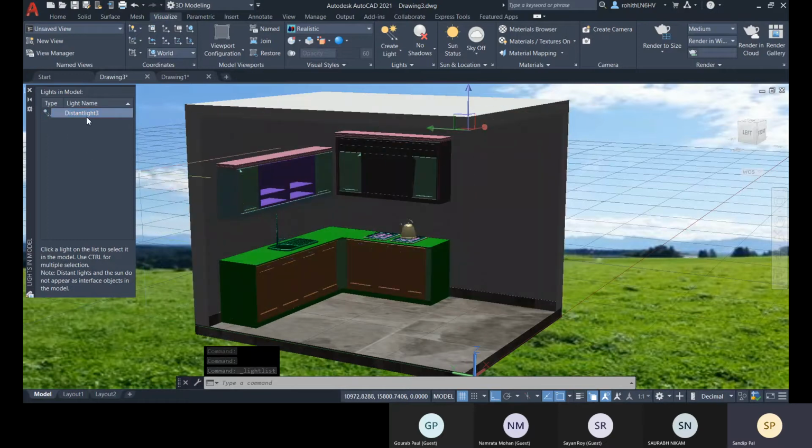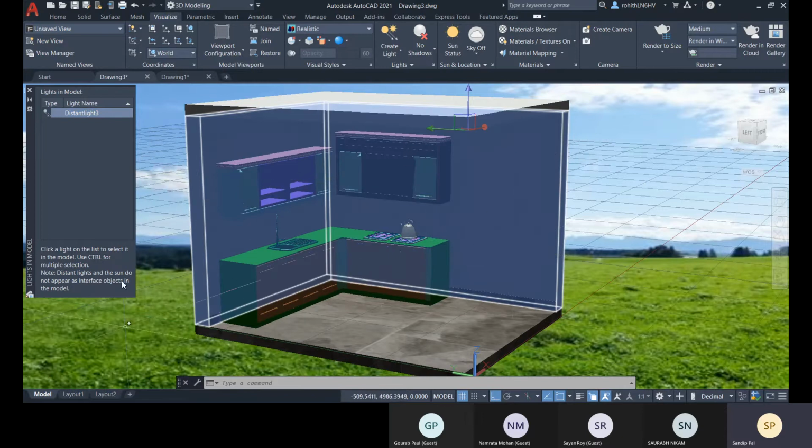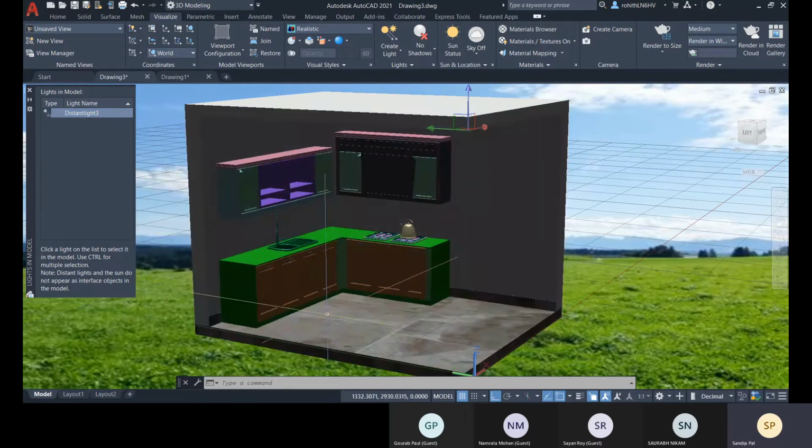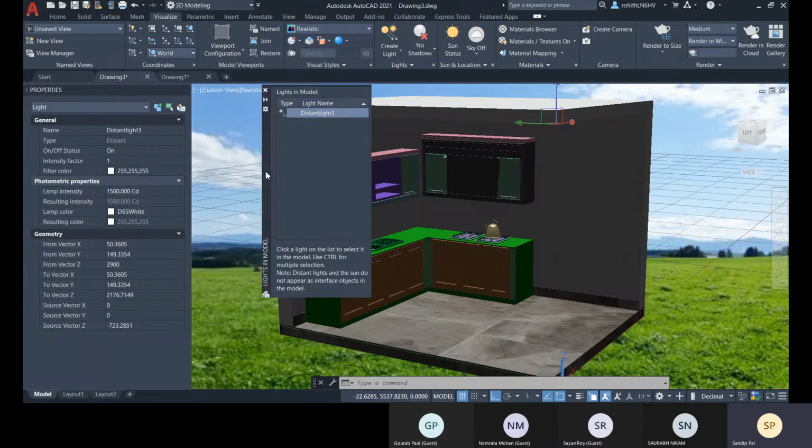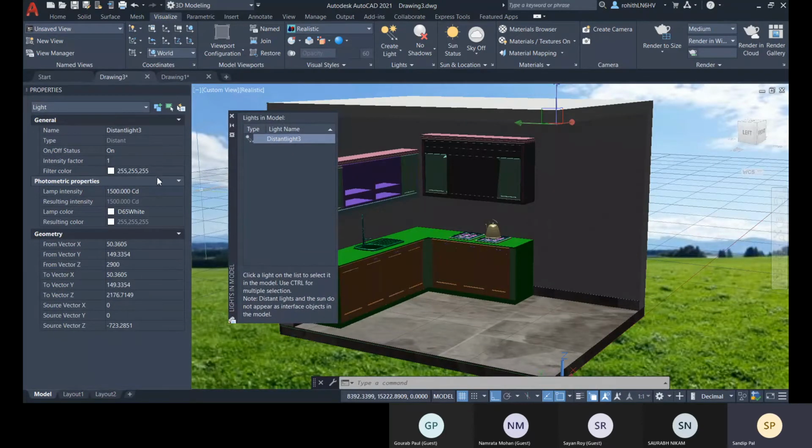This way you can select all the lights available in your scene or in your DWG file. After selecting this, you can go with Control 1 and the properties, and the distant light is there.